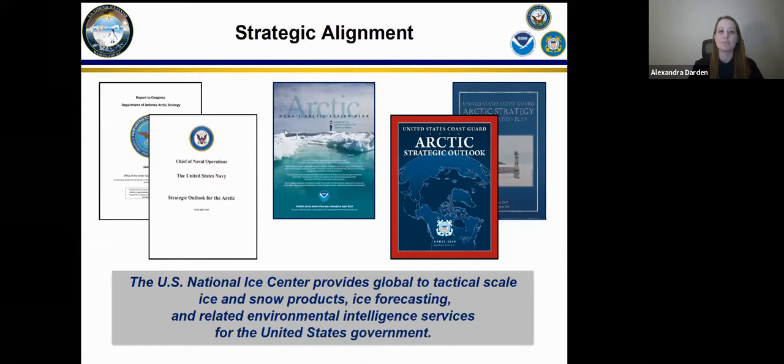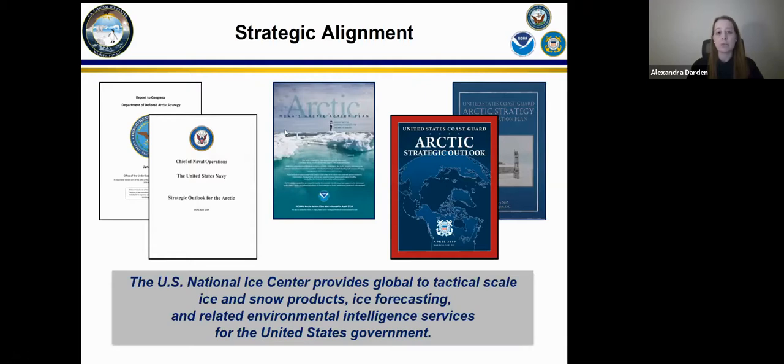Each has recently updated overarching policies and guidance that converge and agree, allowing us to freely accomplish the U.S. National Ice Center mission. The Chief of Naval Operations Outlook for the Arctic was released in April 2019, and the U.S. National Ice Center is the sole command explicitly named for its important contributions to the Arctic domain. NOAA's Arctic Action Plan was released in 2014 and is central to supporting White House strategies formed at the time to advance U.S. security and stewardship interests in the Arctic.